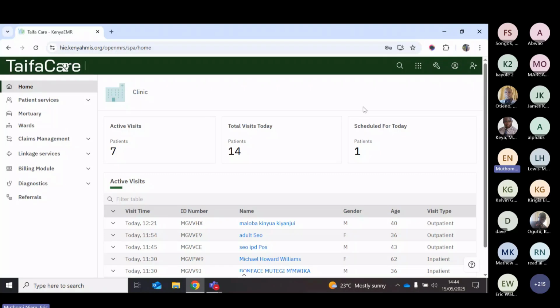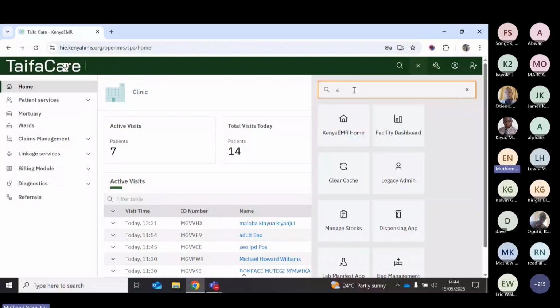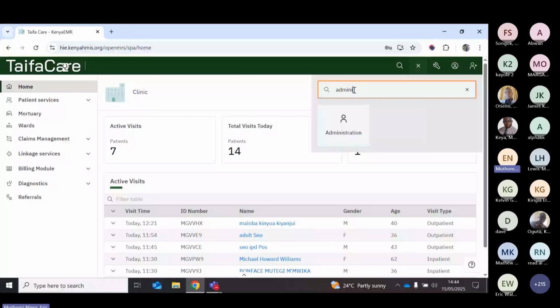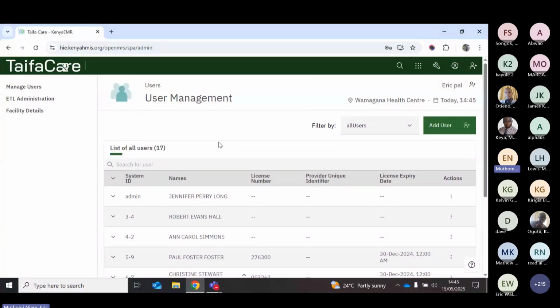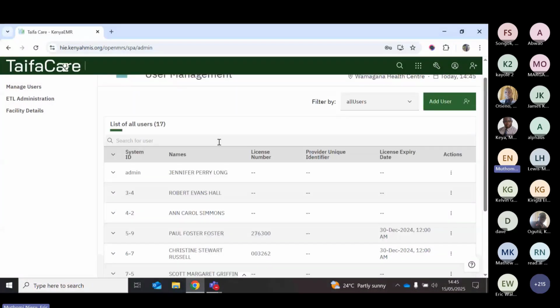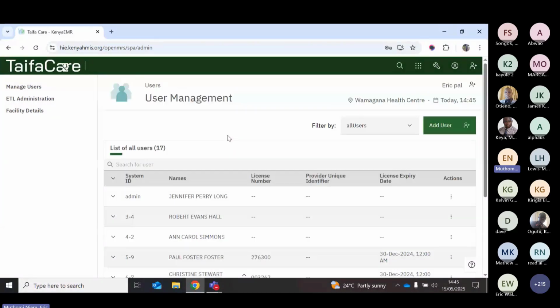Once you log in, you locate the KenyaEMR modules, which is at the top right of your screen. When you click on it, you'll see various modules. You can search for administration. Once you locate administration, you need to click on it. What you'll see on this page are the existing users that have login credentials for this particular server. Remember, for this version, we're only upgrading what we have within the facilities. So it is very likely you will see the previous users who have been using this particular